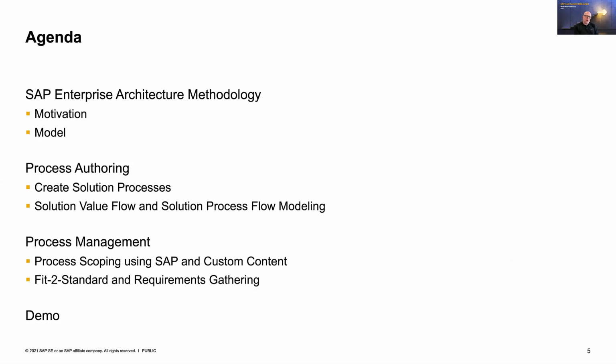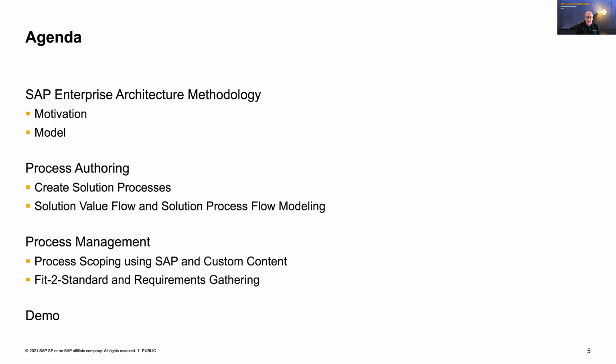I want to get the whole thing started with a brief introduction on the SAP Enterprise Architecture Methodology, because this is, so to say, the lingua franca that we try to establish to really talk the same language when it comes to processes.